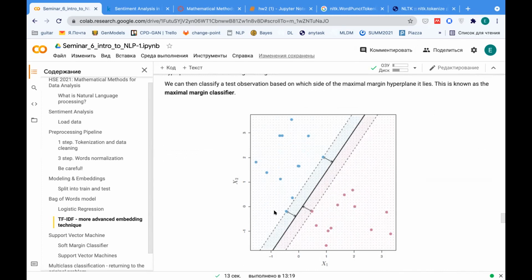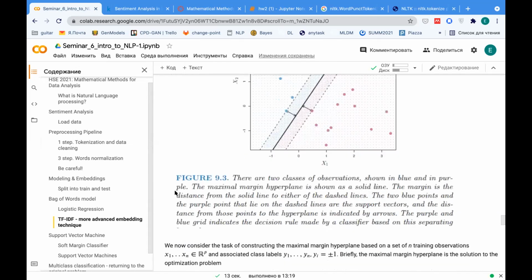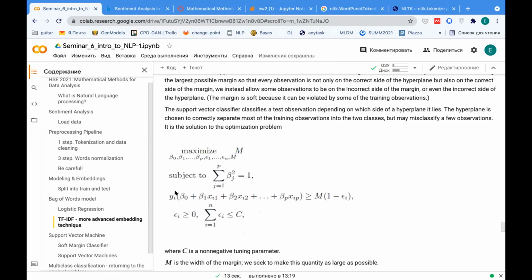And if we find the maximal distance to the closest points from our hyperplane, then we have some margin in which we don't have any points. I mean, ideally, but more often we'll have some points that cannot be easily separated. So this maximum margin classifier is not so good for this case, and we will need to use a bit softer